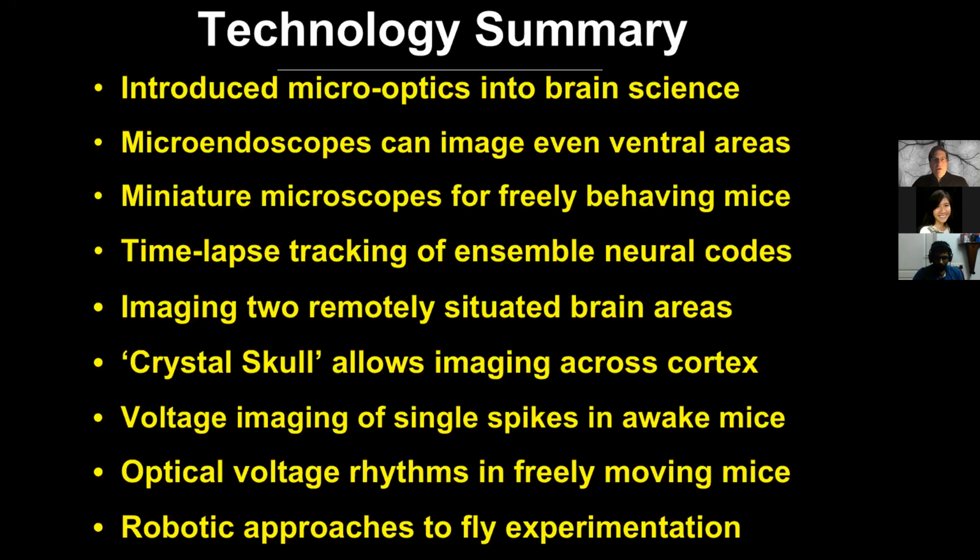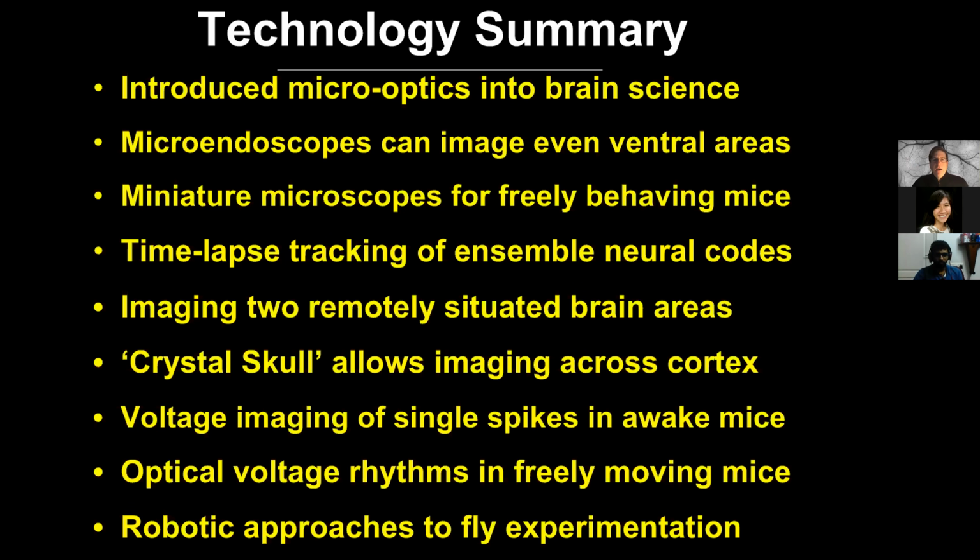as well as other mammalian species. This provides the possibility of time-lapse tracking studies in which we can look at the evolution of ensemble neural codes, as I tried to illustrate in the hippocampus. More recently, we've been working on ways to image two or more brain areas. We took a look at the duopus and some of the preparations in microscopes for looking at two or more areas, including the crystal skull, this curved glass window, and the ability to track, in that case, many brain areas